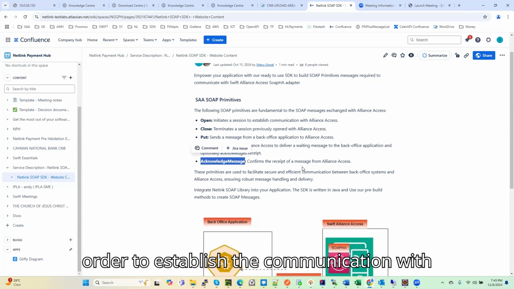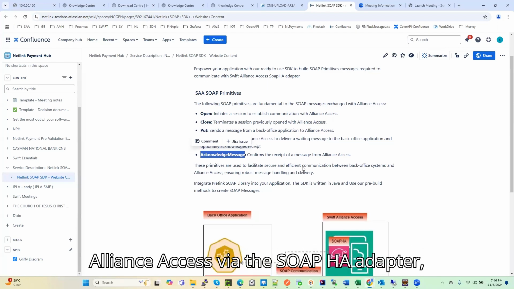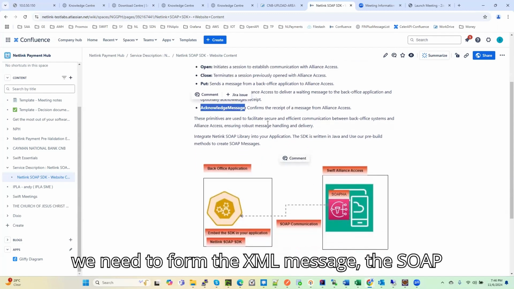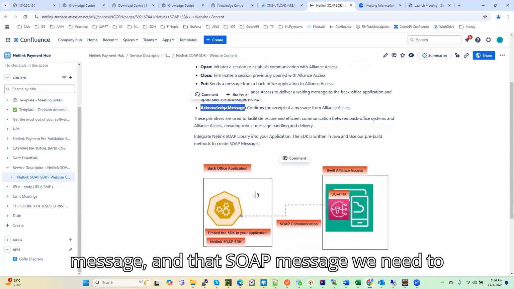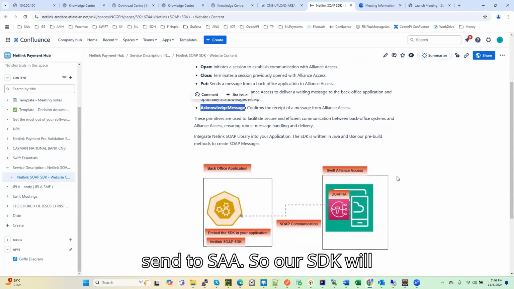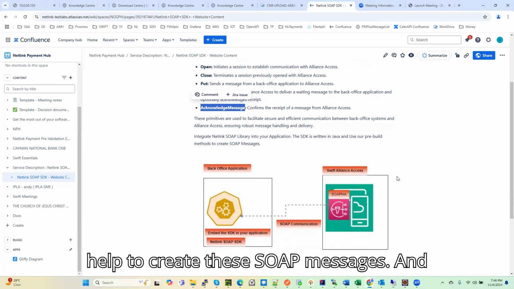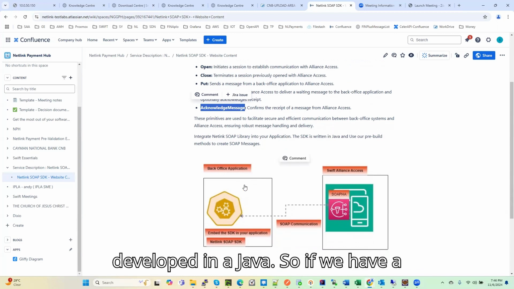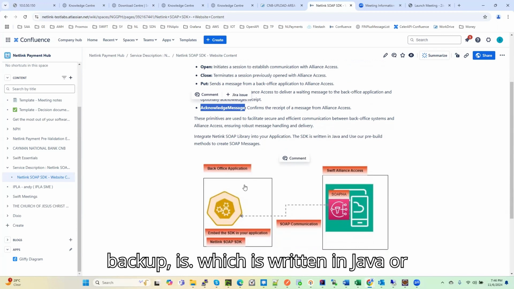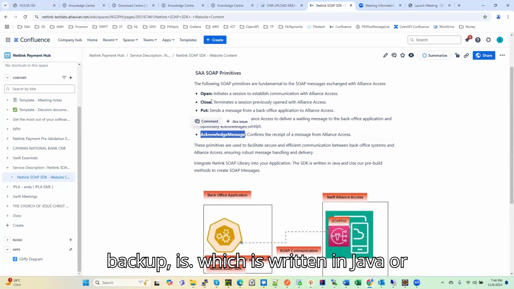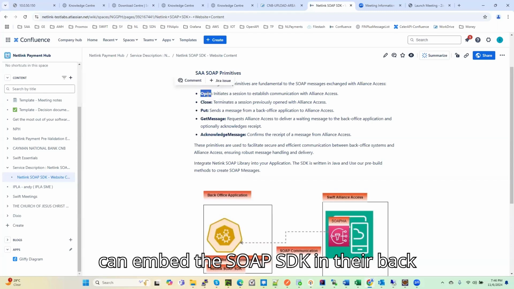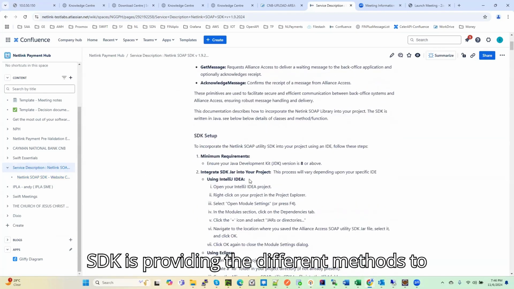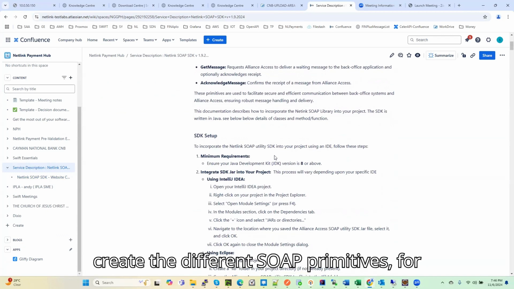So in order to establish communication with Alliance Access via the SoapHA adapter, we need to form the XML message, the SOAP message, and send that SOAP message to SAA. Our SDK will help to create these SOAP messages, and as you can see in the diagram, our SDK is developed in Java. So if we have a back office application which is written in Java, it can embed the SOAP SDK in its back office application. The SOAP SDK provides different methods to create the different SOAP primitives, for example,